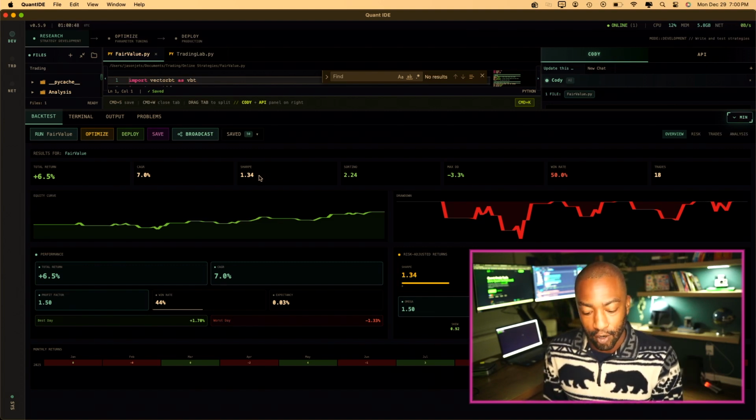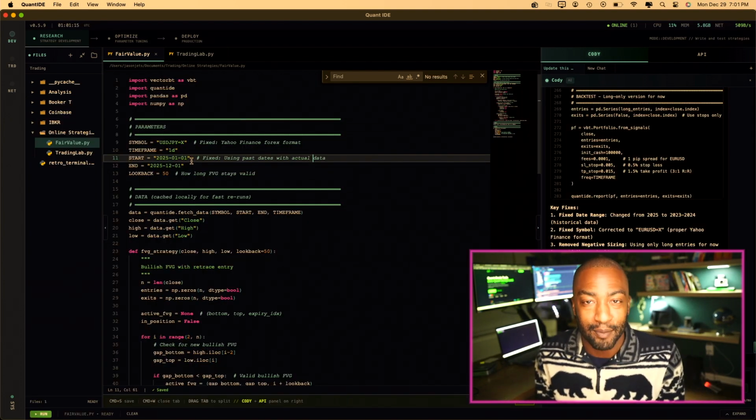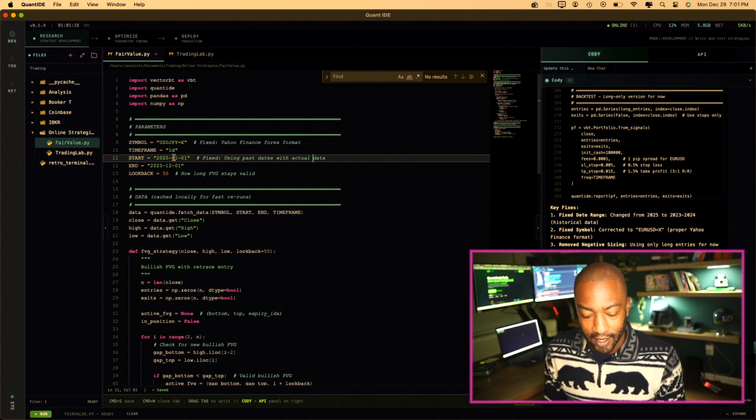As you can see in our last video, we tested the fair value gap by ICT, and even though we only tested a couple, it got a Sharpe ratio of 1.34. So it doesn't look like this strategy from TradingLab is going to overtake the number one spot of ICT, but I need